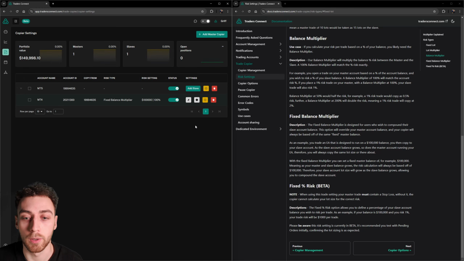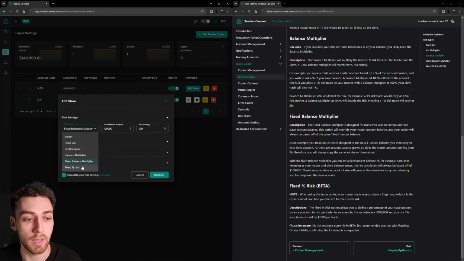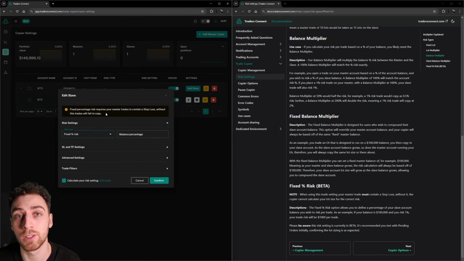So with the balance multiplier, to be able to calculate 1% or 2% on the slave, we needed to know if you were using 1% or 2% on your master. But with the fixed percentage risk setting, you can put 10 lots on the master on one trade, 5 lots on another, 60 lots on another, and the slave will do 1% risk every time or 2% risk every time, whatever you want. The only condition of this risk setting is that you have to have a stop loss on